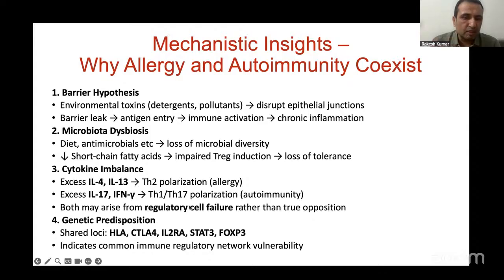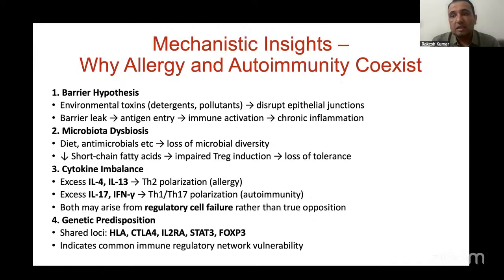And several genetic predispositions have been identified, along with HLA, and there are several underlying inborn errors of immunity like CTLA4 deficiency, IL2RA deficiency, which is also called CD25 deficiency, STAT3 gain of function and loss of function, and FOXP3 defects. So these indicate a common immune regulatory network vulnerability in why allergies and autoimmunity can coexist,